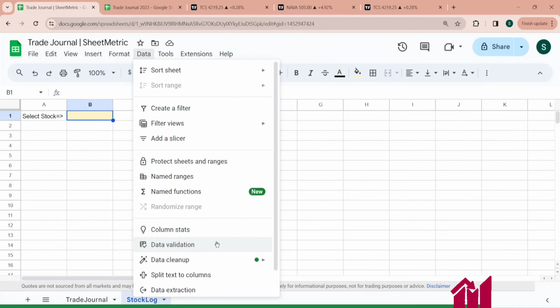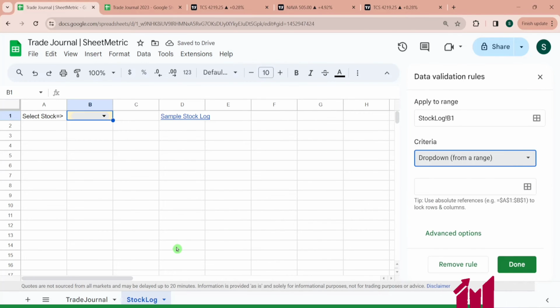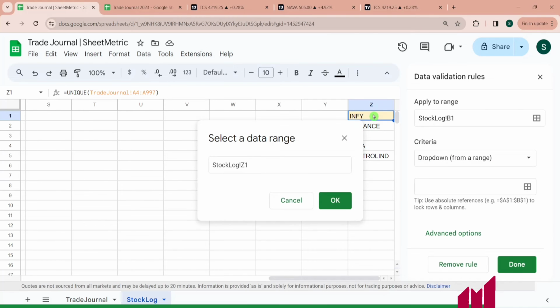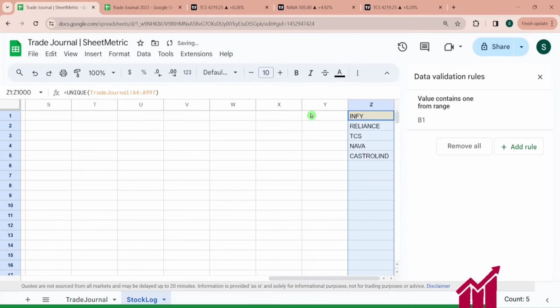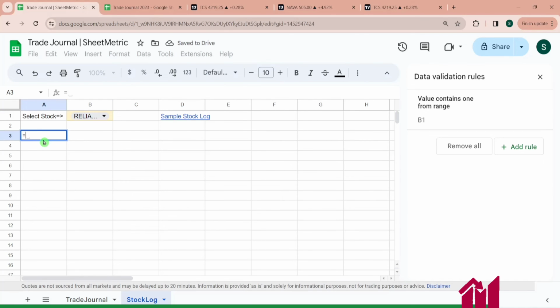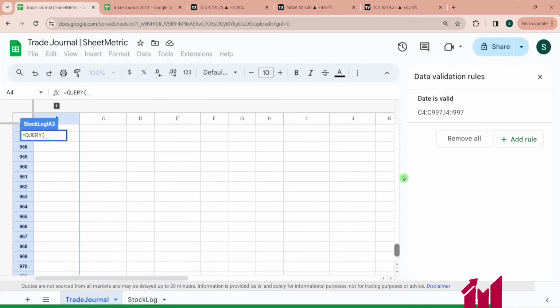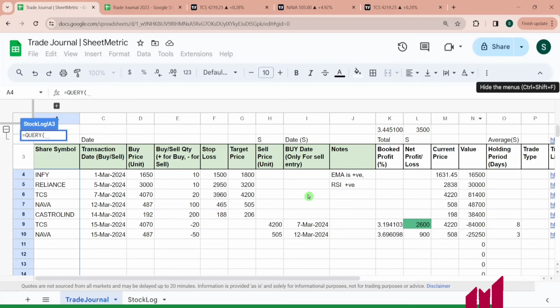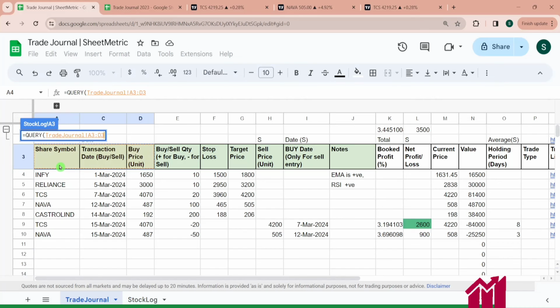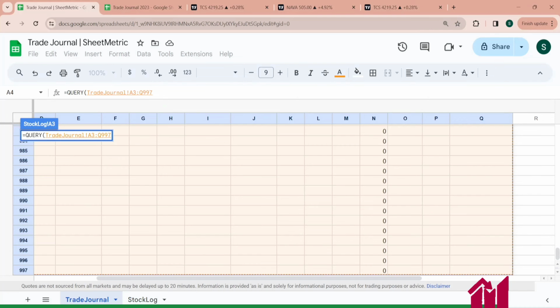So I will go to Data, and then Data validation. I will add a rule, and here the rule would be drop down from a range. Let me select it. Yeah, so here we have a drop down like this, and let's say I want to fetch entries, so equal to QUERY, and then I will select this entire data of the trade journal, or we can do a selective selection as well. Select star where